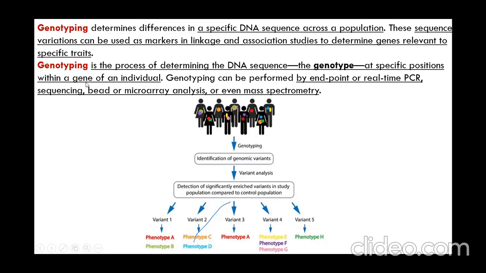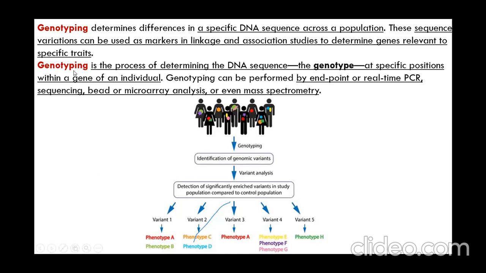For example, if my gene is 3000 base pairs in length and I give you the 3000 base pair sequence, is that enough to study functionality? It may not be enough. I need to go into each individual base and see how the bases differ from me to you, and across a whole population in the US or in India, for a given gene. That is called the genotypic process.